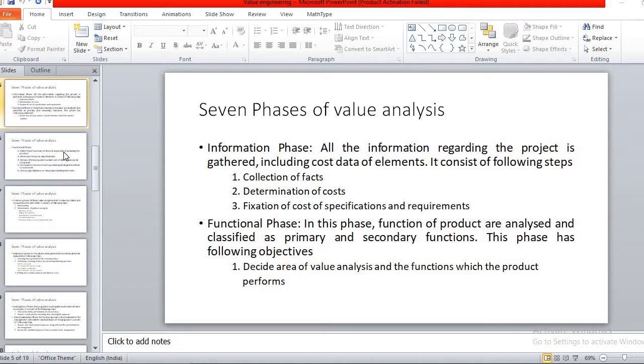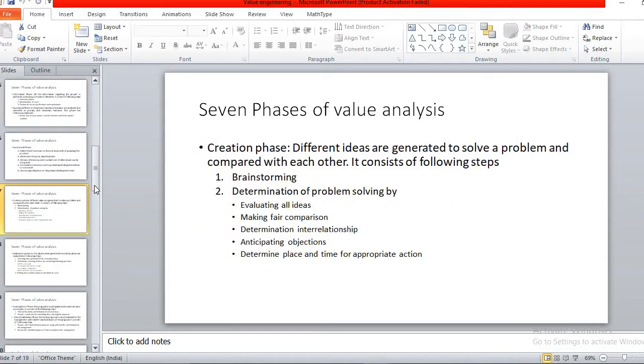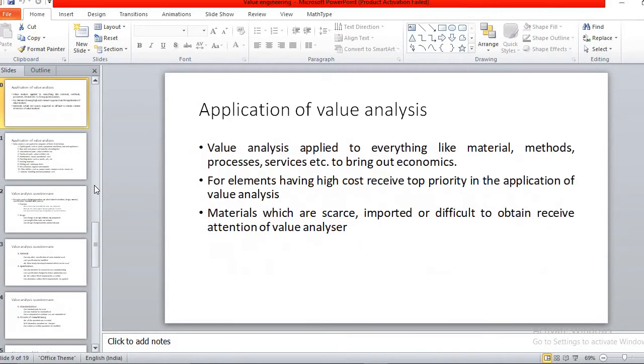So value analysis is the removal of unwanted elements or unwanted functions, so that we can improve the value of that particular product or service. There are 7 phases in value analysis. We already went through them, and during these 7 phases we can apply this value analysis